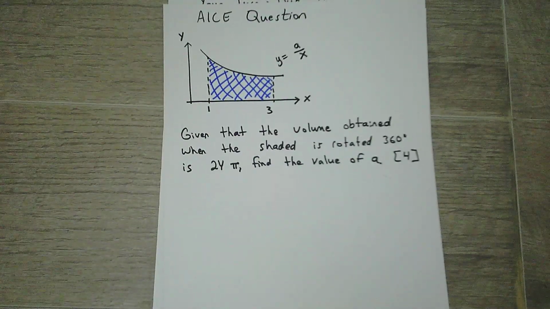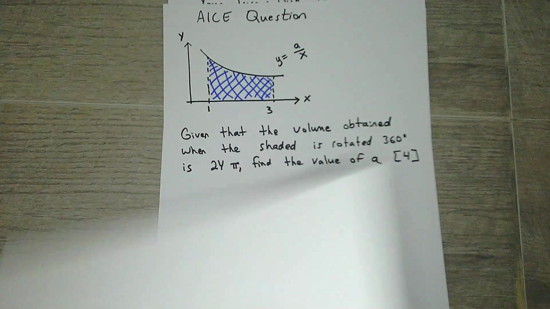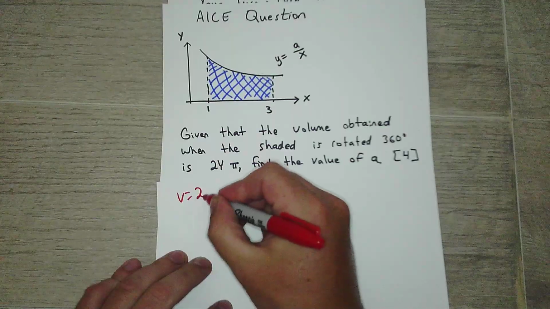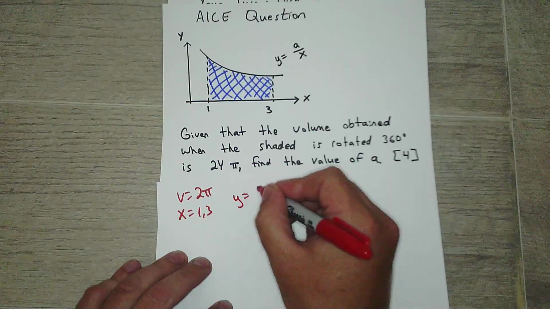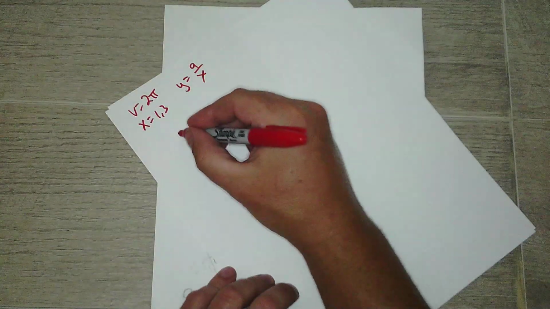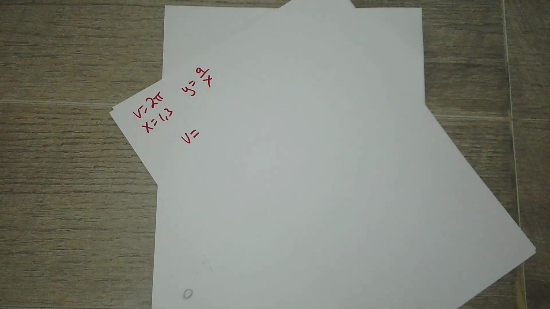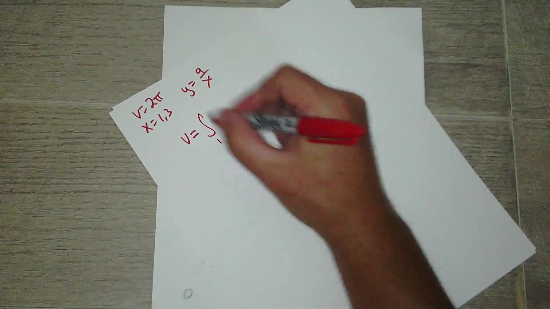Let me find another sheet of paper here. Okay, so we need to know the limits and the volume: the volume is 24 pi, the limits are 1 and 3, and y is equal to A over x. We want to find the volume, or rather we know we're given the volume, but we want to find A. But in order to be able to use the volume, we need to come up with the expression for the volume. So that's from 1 to 3,